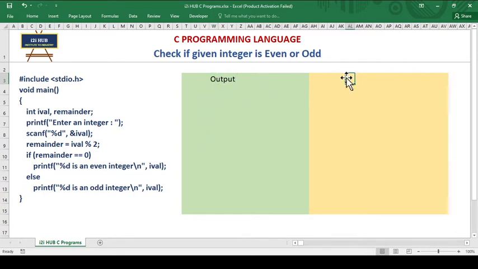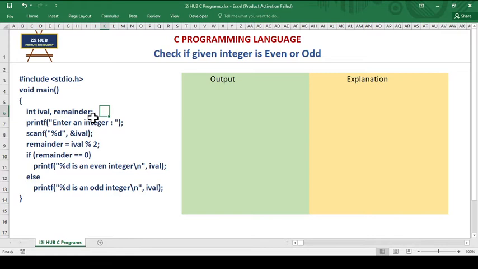Now this is the whole logic explanation part. So whatever we get from the logic, the variables, everything, I will write here. Now we will check this. Coming into the main function, ival and remainder are two variables of type integer.